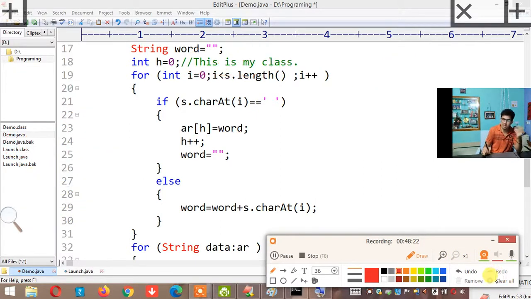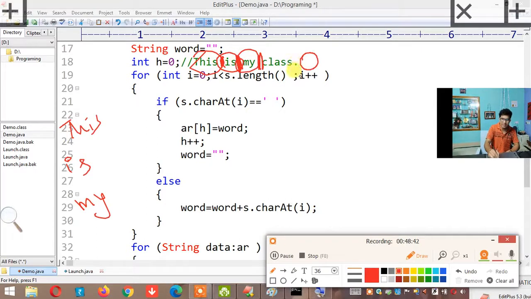I'll tell you in a different way so that you can understand. See, when I saw this space, don't you think this word was added to the array? Yes. When I saw this space, the previous word was added to the array. But tell me, are there any spaces here? No, there are no spaces. So if there are no spaces, will the for loop add it? Understood? Okay. So the for loop will not add the last word.